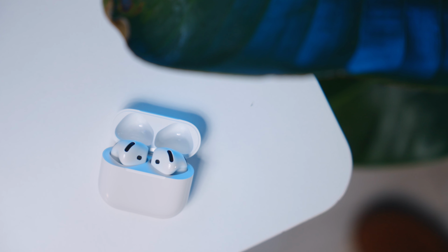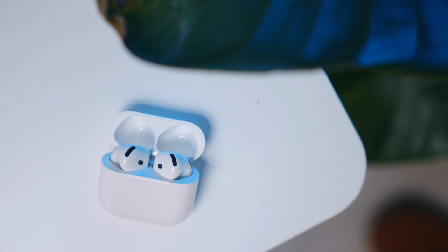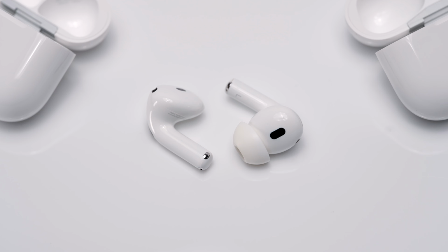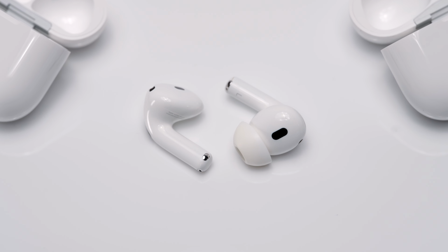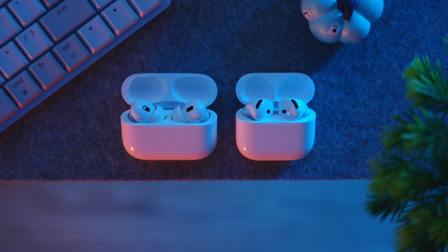So with the combination of the new custom drivers inside of the 4th generation AirPods and also in tandem with the H2 chip, I think that the mids and highs of these headphones sound a little bit clearer than what they do on the AirPods Pro 2, especially in busy music, like EDM or hip hop, rap music. And I'd even say that the soundstage of these is a little wider and a little better than that on the AirPods Pro 2, where on different tracks you can hear different melodies and instruments being played almost at further distances and more specific places,